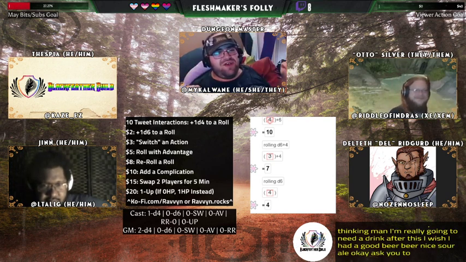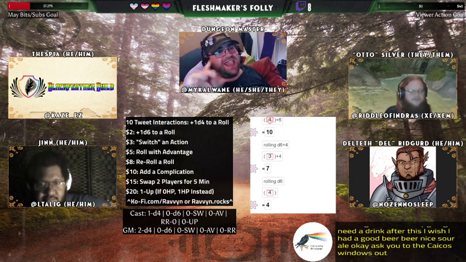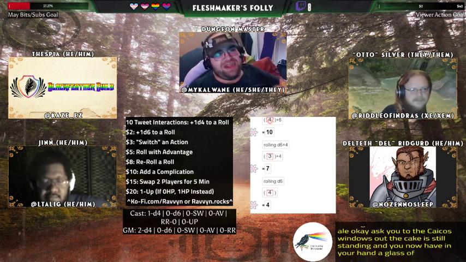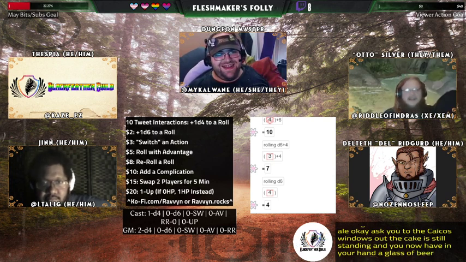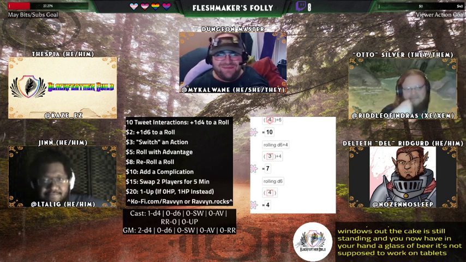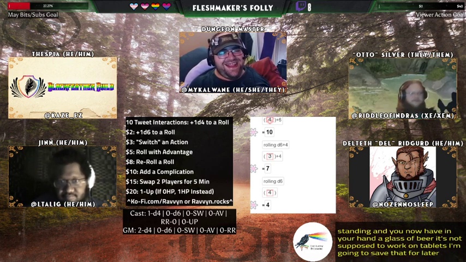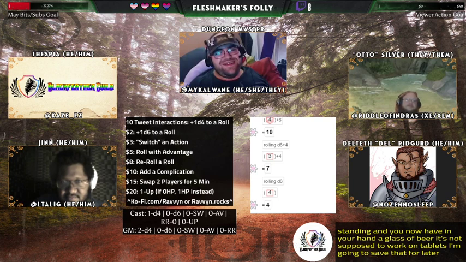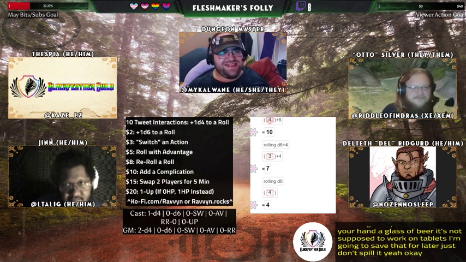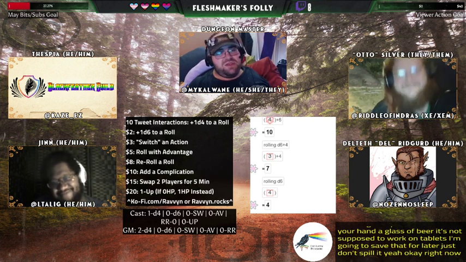Okay, as you do so, the cake goes, the last flame goes out. The cake is still standing, and you now have in your hand a glass of beer. Ah, it's not supposed to work on cantrips. Oh. I'm going to save that for later. How? Just don't spill it. Yeah. Okay. It would be wasted right now. Yeah. You still have